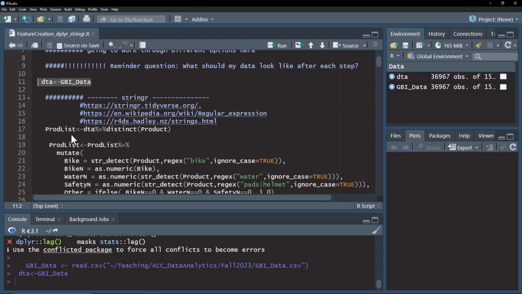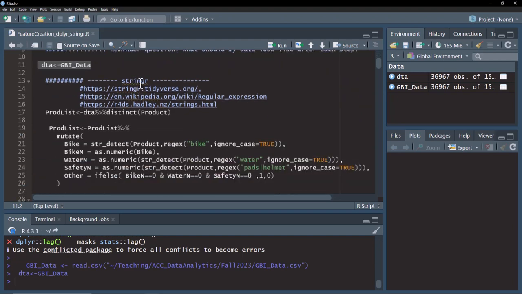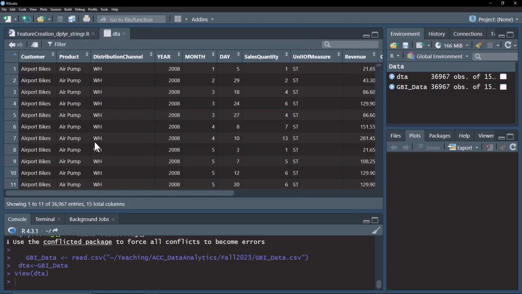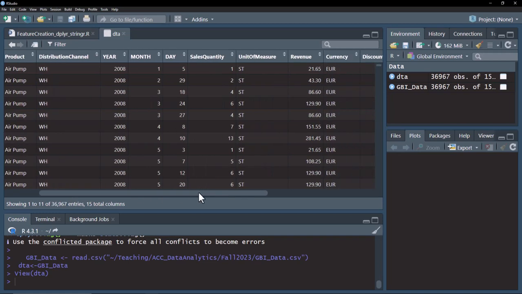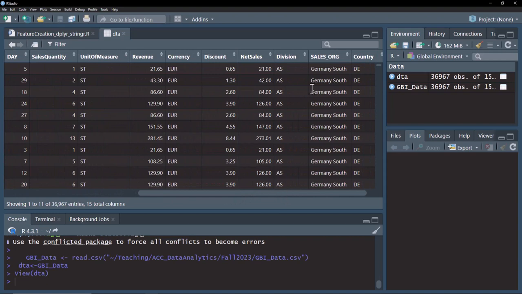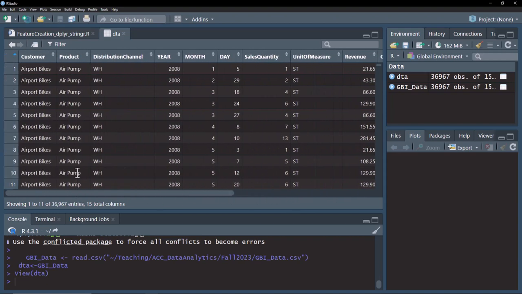We're going to first start with the stringr package, and the stringr package allows us to work with text. And let me show you what I'm going to work with here. There are these products here that have text in it. We could also use customer because it has text in it. There are a few others that we could use the text aspect of, but I'm going to work with the product column here and do some text